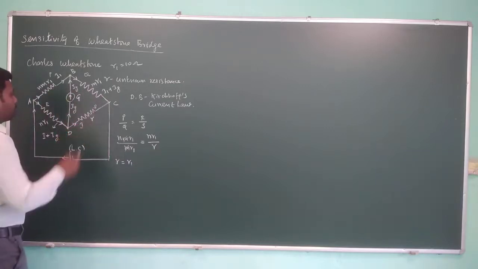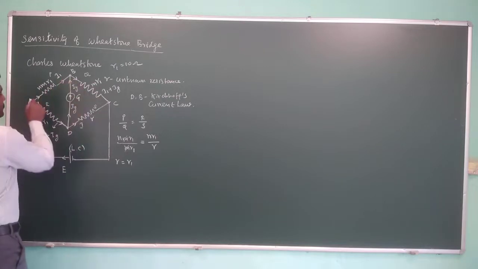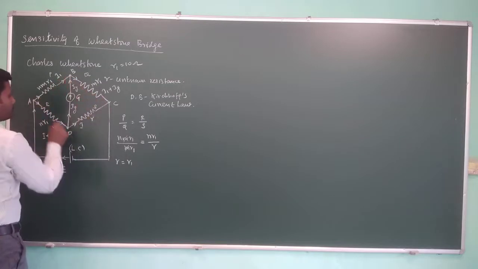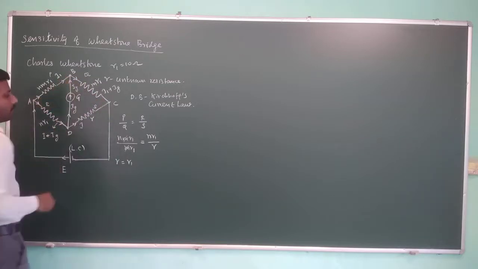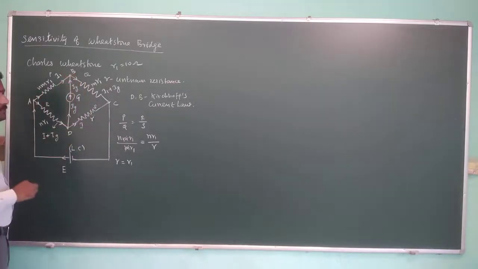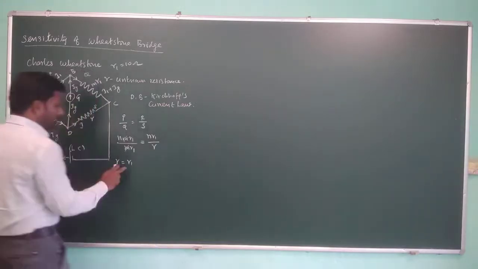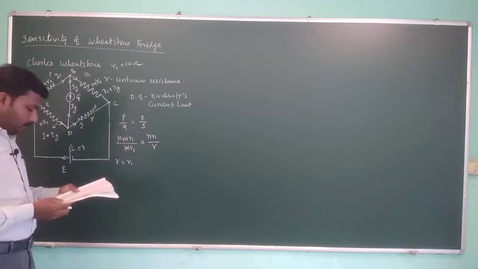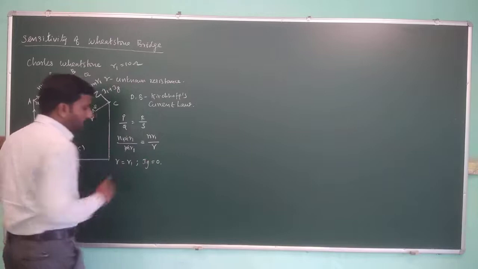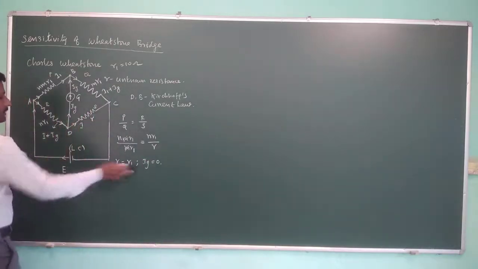So whatever current is flowing will follow these two parallel sets of resistors. It will flow through this direction and through this direction, not in this direction, because it is balanced, right? That is, the potential difference between B and D is 0. This happens when R is equal to R1. In this case, if R equals R1, then Ig becomes 0, and so this is the condition for balance.